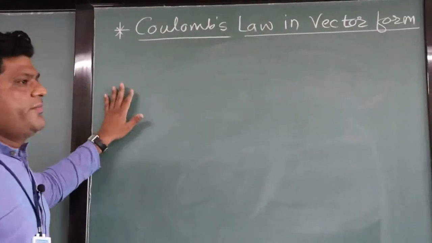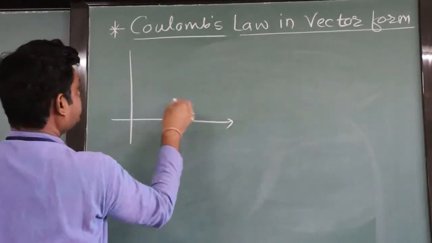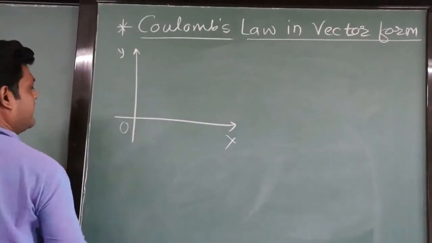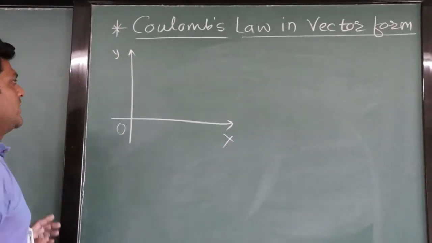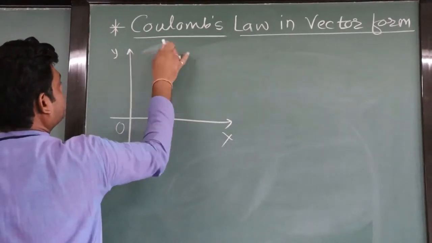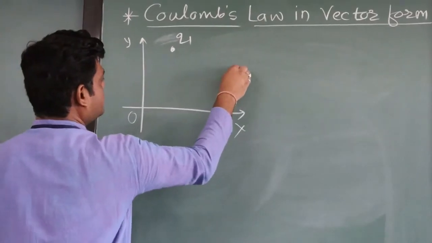For the vector form, we must consider a Cartesian coordinate system: x-axis, y-axis, origin, right? And suppose we have the charge q1 over here and the charge q2 over